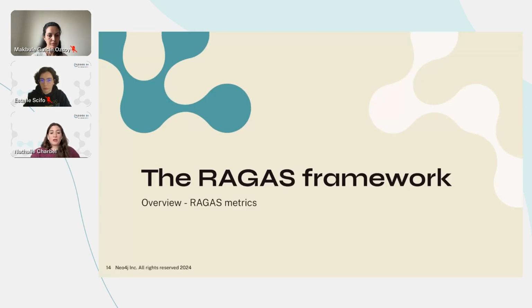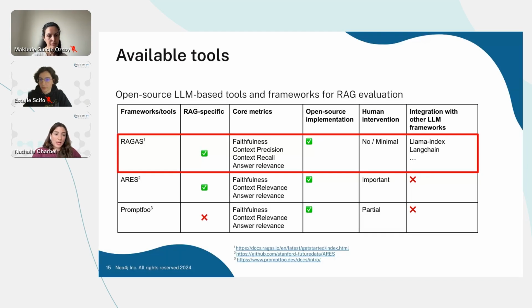Now, we used the Ragas framework for the evaluation. I'll be talking about Ragas and explaining some metrics that we considered relevant. We looked at different tools and frameworks for automatic evaluation of a RAG pipeline. I'm sure this is not an exhaustive list; there are plenty of tools and frameworks that could be used, but we relied on Ragas specifically, not only because it's RAG-specific evaluation, involves core well-known metrics, and is open source, but most importantly